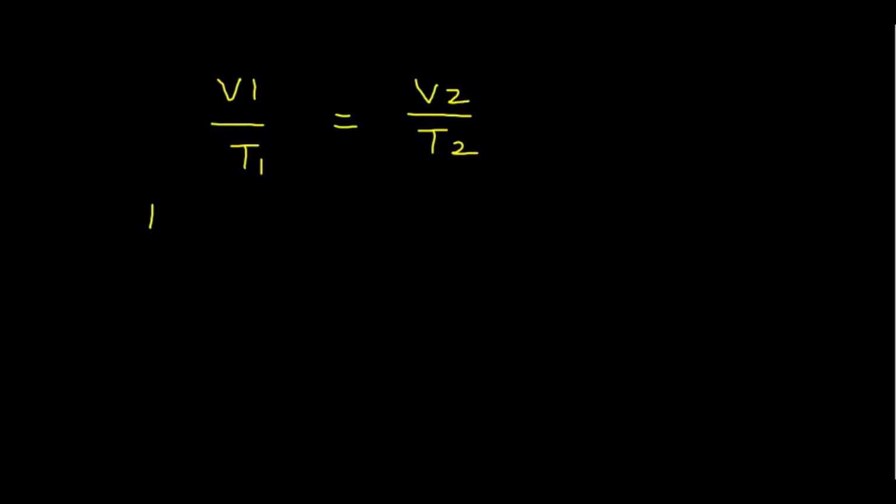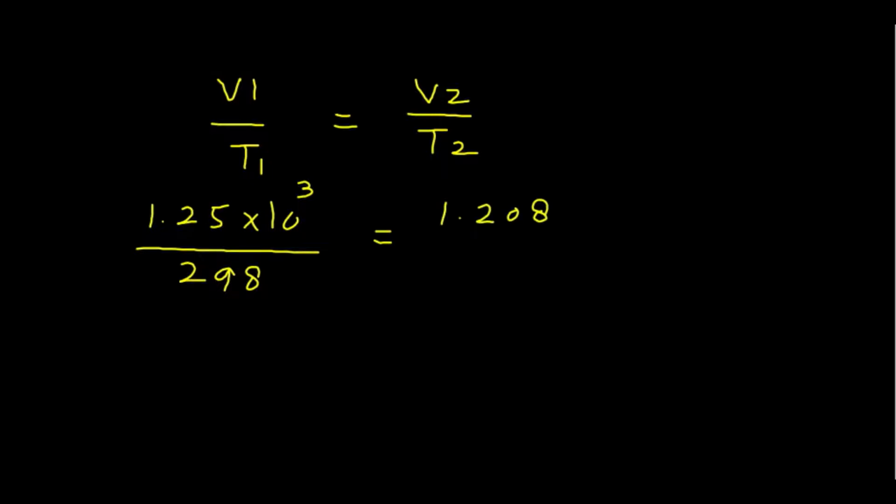We know V1 is equal to 1.25 into 10 raised to the power 3 and T1 is 298 Kelvin, equal to V2, which is 1.208 into 10 raised to power 3, while T2 is equal to 288. By solving, here we get